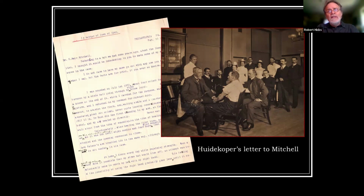What really interested Mitchell was pain. Pain can increase, it can decrease, it can go away, it can come back, it can get worse, it can move to another part of the body. And he's seeing all of that happen with his Civil War soldiers that he was treating, whether amputees or from serious wounds. This is a problem for pension authorities because